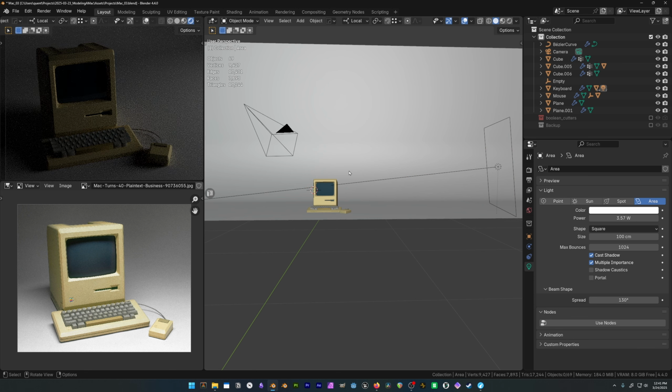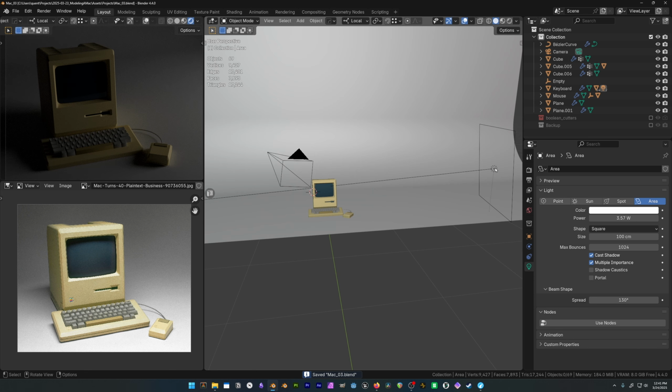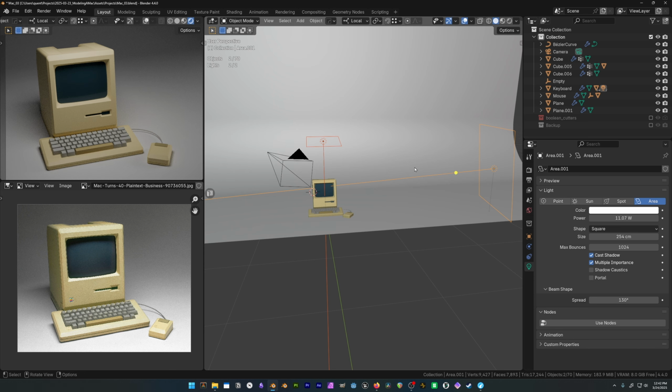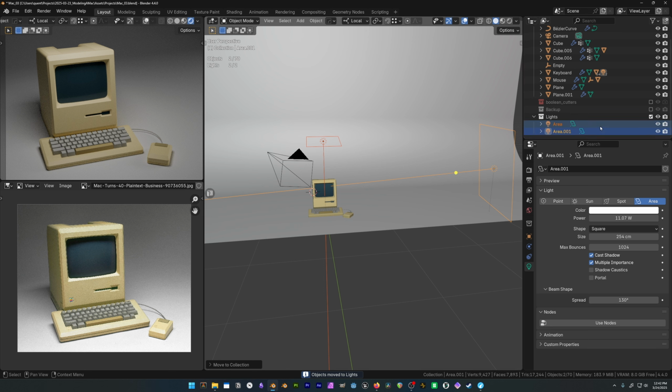What I really like is to view one light at a time. In fact, let's make a whole new collection and call it lights. And those are there. Let's label this key,